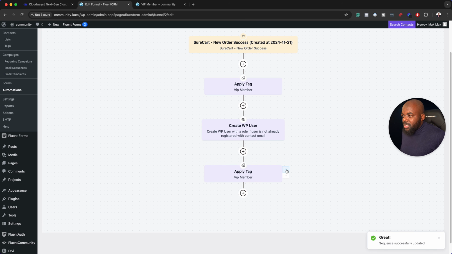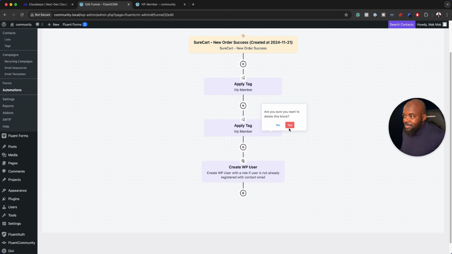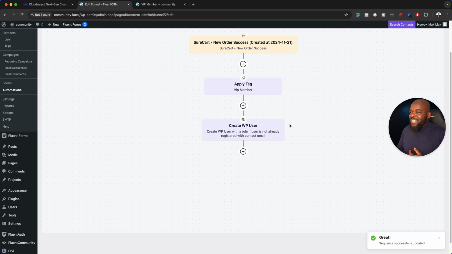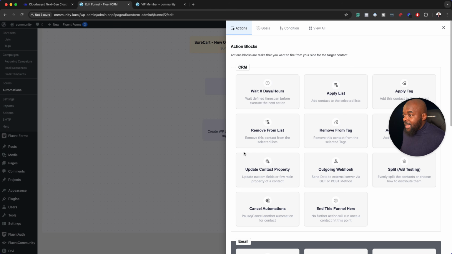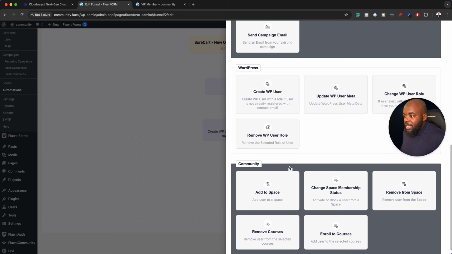Now if you want this tag thing to be way up here to the top, oh, we've added a tag already. What am I doing? Okay, good. Let's go ahead and delete it. At least now you've seen how you go ahead and delete it. Okay, so we've applied the tag, we create a user, and now we need to automate taking them to the